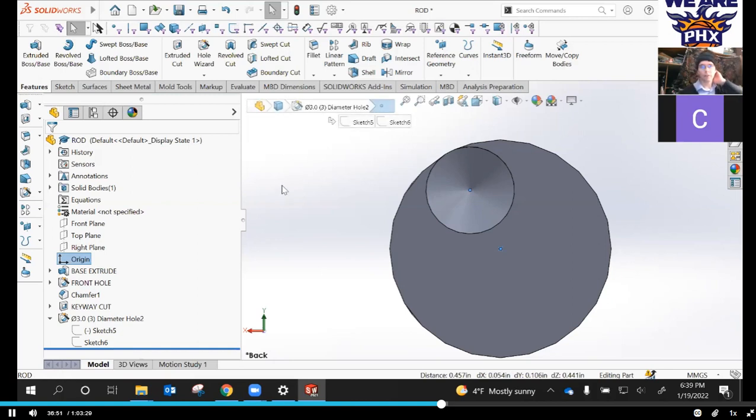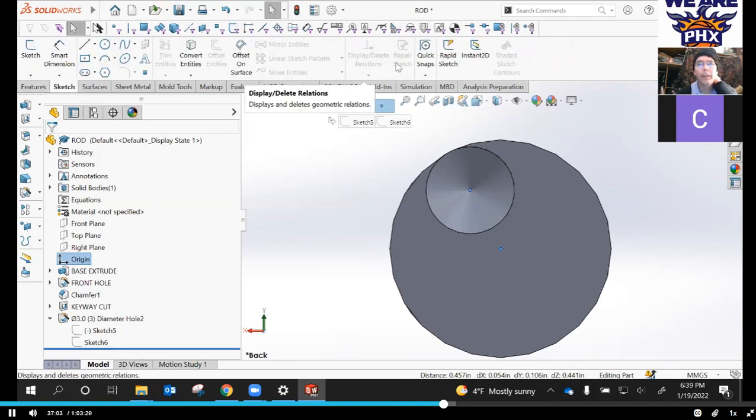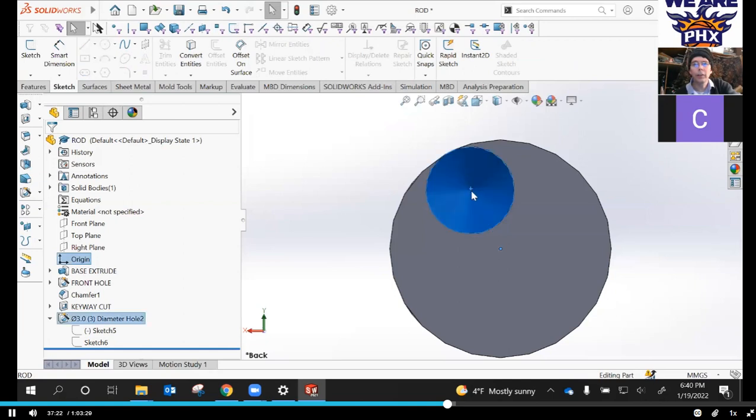And I want to establish a relationship. So if I go to sketch, there's display relations. We want coincident. It should pop up in a context box. Here's my origin, here's the center of my circle, and here's the box, but there's no